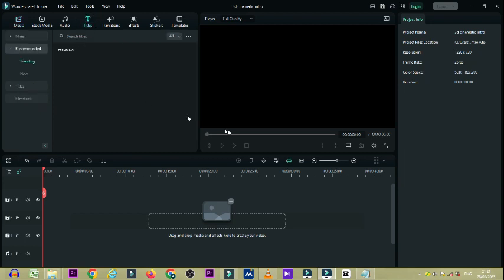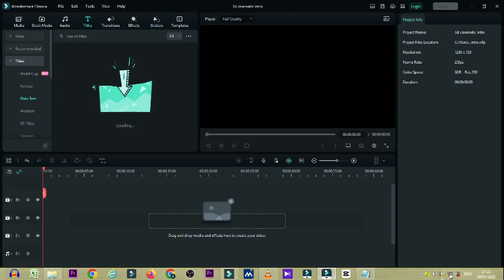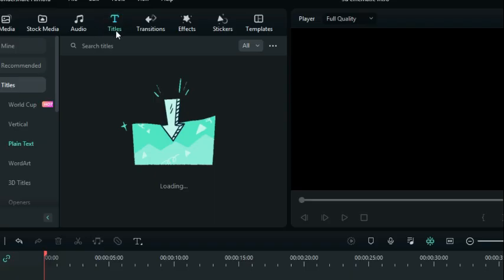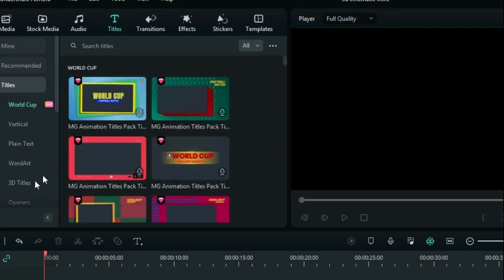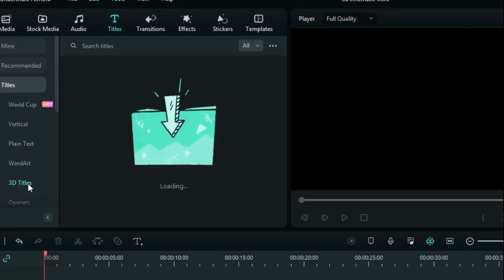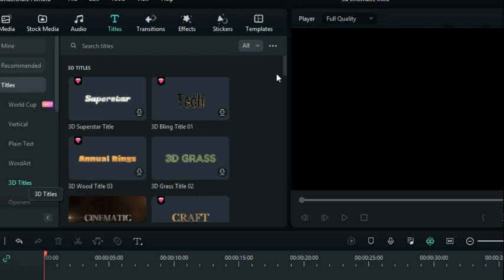So click on titles, and after you click on titles, make sure that you are connected to the internet. You must make sure your internet is enabled, and then you are going to see a lot of 3D titles in there. Just come down to 3D titles, and under these 3D titles, just come down and you will see